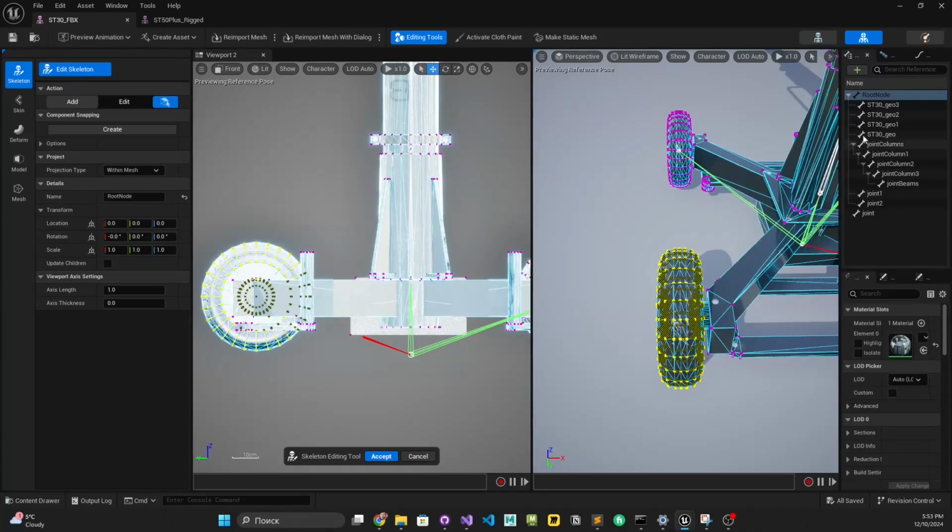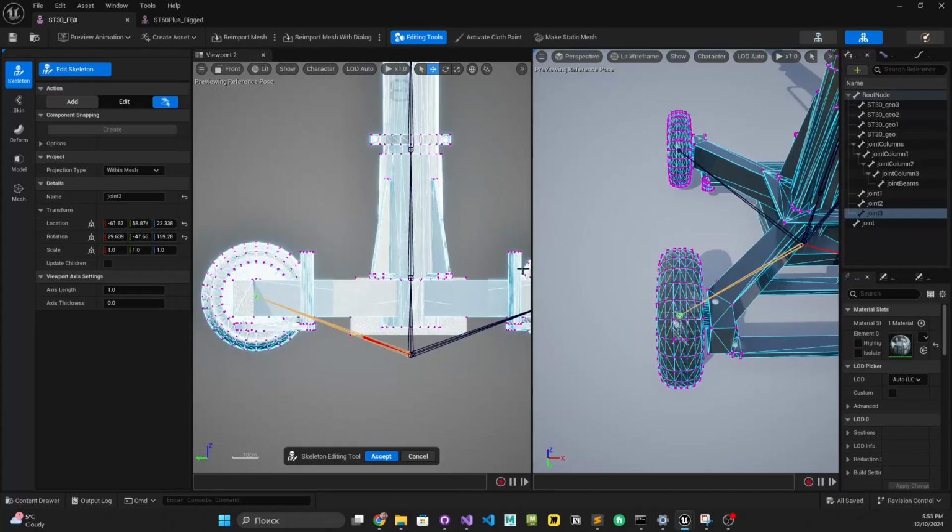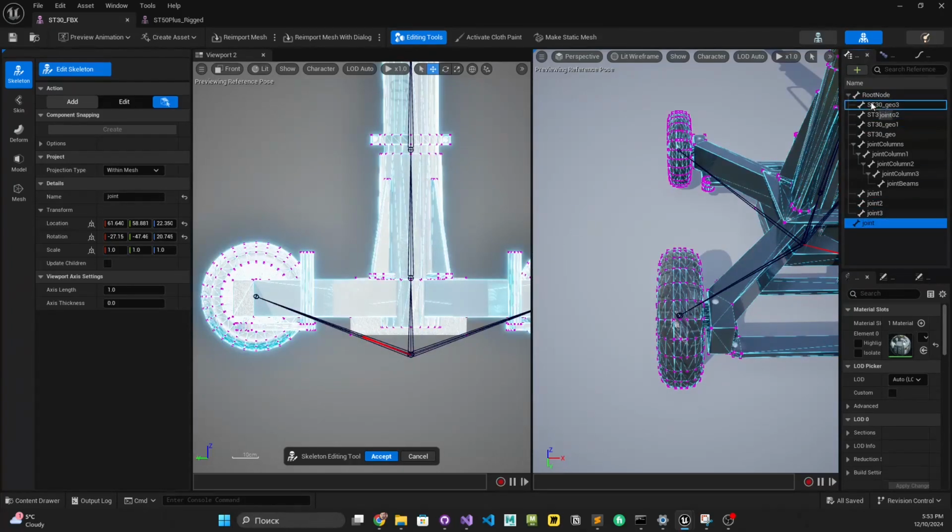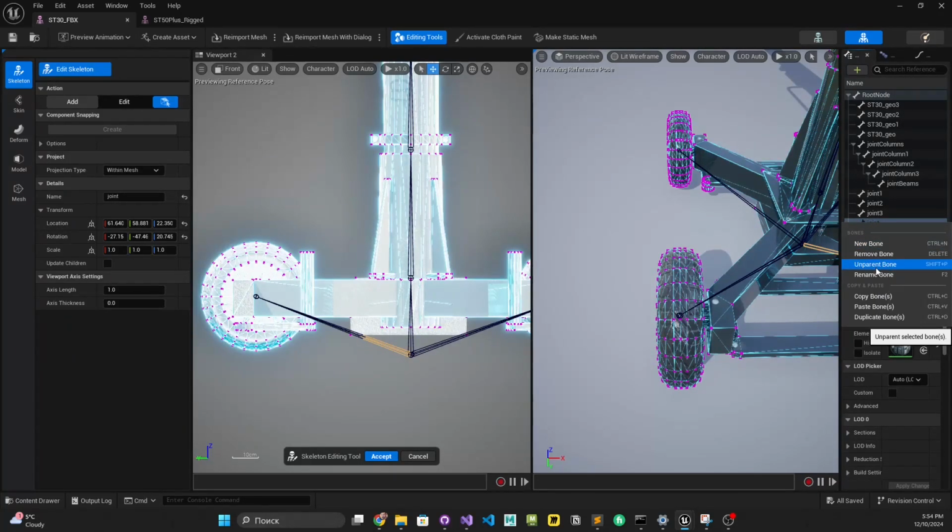So every time I'm selecting the root, because in that case, the next created joint will be parented to it. So now all these joints, I can drag and drop to have this reparenting under the root. So that's quite nice. We also have this context menu where we can unparent if needed, rename, or do some